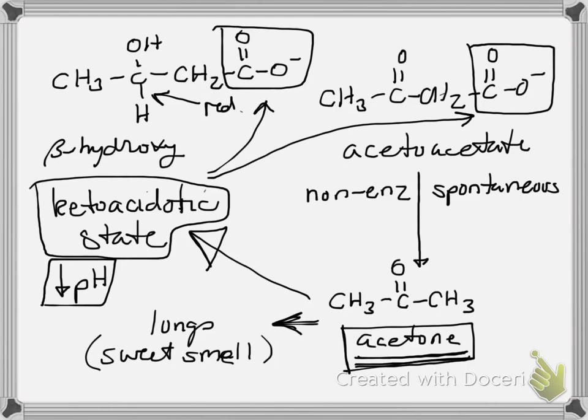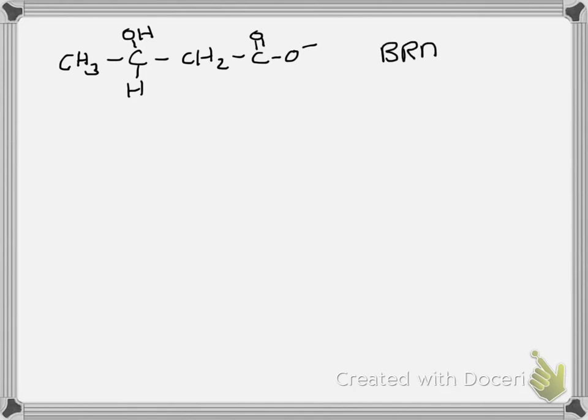Now, the last step of talking about ketone metabolism is breaking down the ketones once they get into the tissue that is going to be using these ketones. So let's start out with beta-hydroxybutyrate. This is taken up. Let's stick with our important organ, the brain. So this will go into the brain. We use this as an example, but remember, skeletal muscle can do this. Many cells can do this response.